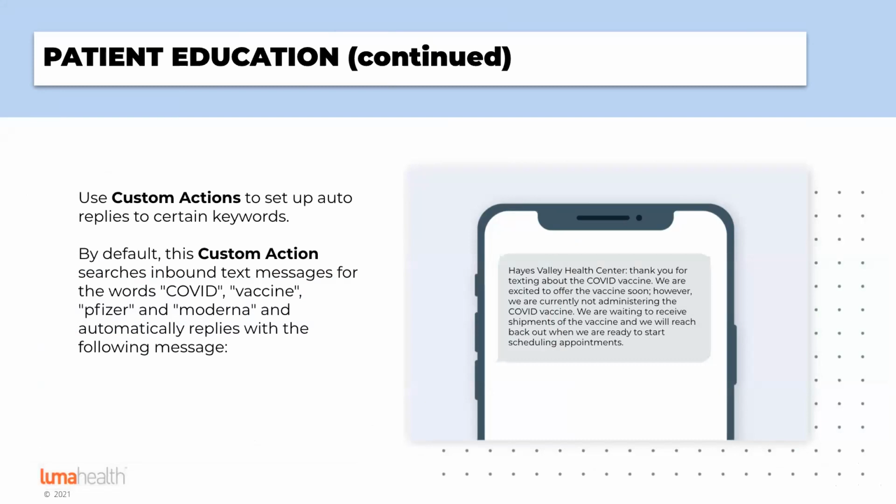And the last way that we recommend is being reactive to inbound outreach. You can use Luma Health custom actions to set up auto replies to certain keywords. For example, this custom action searches inbound text messages for the words COVID, vaccine, Pfizer, Moderna, and by default, and automatically replies with a message that says something along the lines of, Hayes Valley Health Center, thank you for texting about the COVID vaccine. We are excited to offer the vaccine soon. However, we are currently not administering the COVID vaccine. We are waiting to receive shipments of the vaccine, and we will reach back out when we are ready to